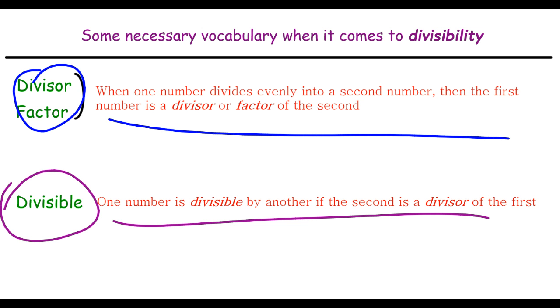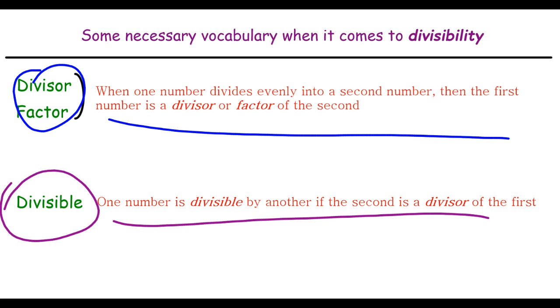So now that we've written down those 2 different definitions and we started to get an idea about how they're used and what they mean, let's get into a few of those divisibility rules. And the purpose of the rules is to figure out when we can divide something by a number and get no remainder. So if you thought about what sorts of numbers can we divide by 2 without a remainder, you